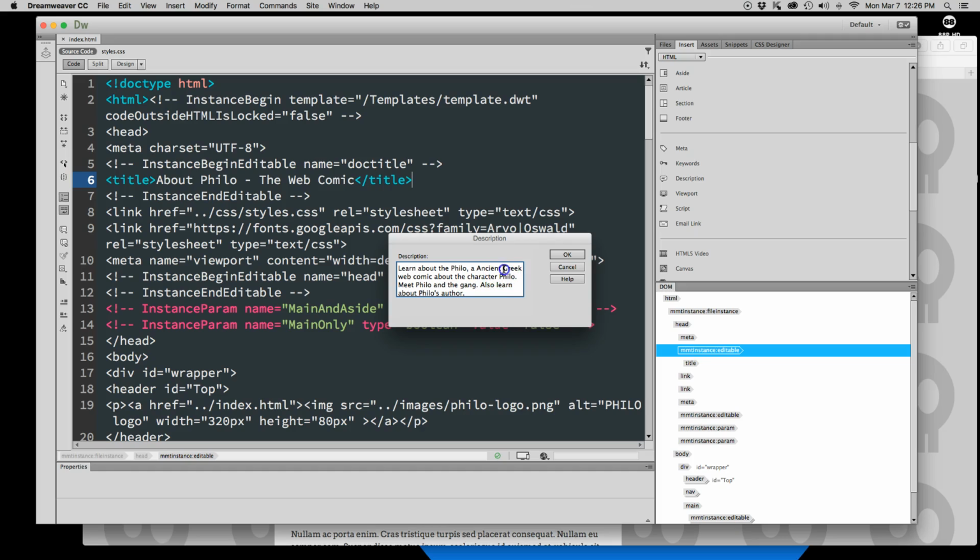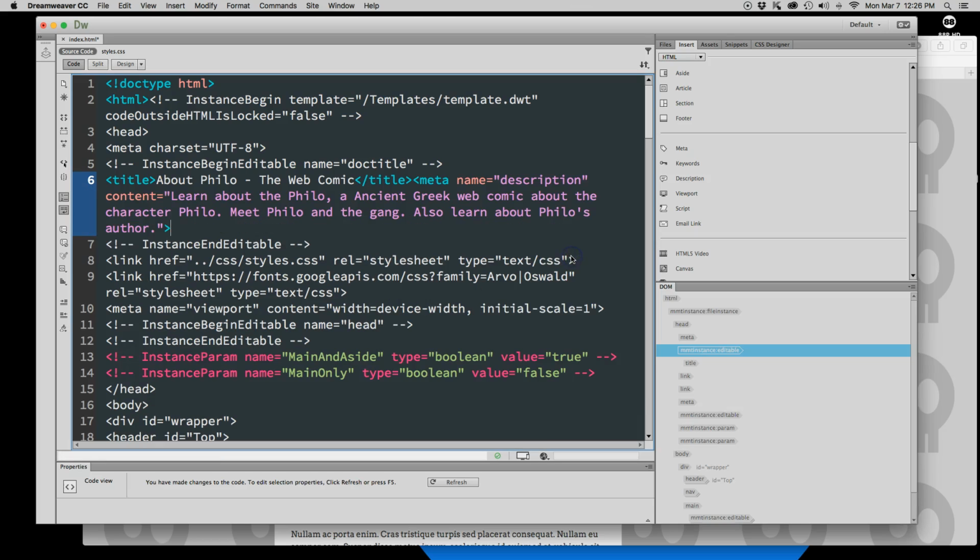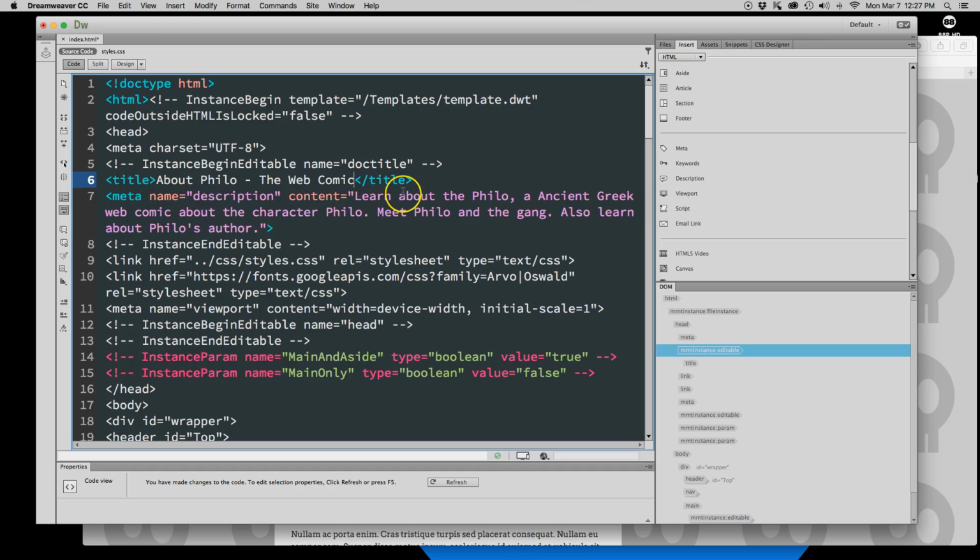But if somebody did a search for Greek webcomic, this can help the search engines understand what my page is about. So I'll go ahead and put that in there. And you can see that it adds the meta name up in the head tag. And I'll even put about Philo, the webcomic. I'll even put a hyphen, Greek